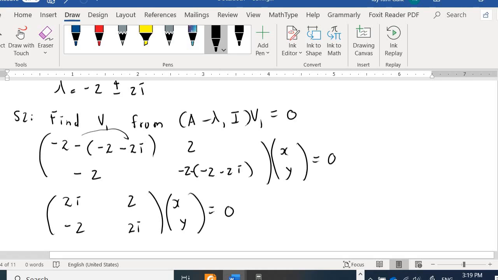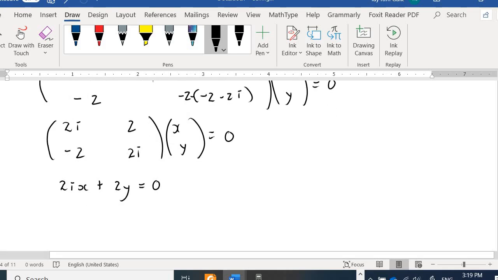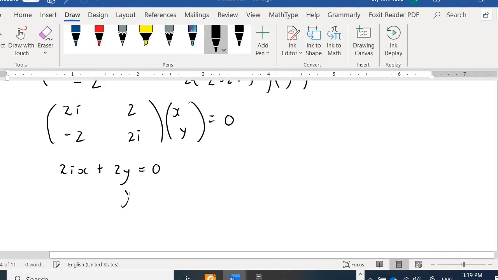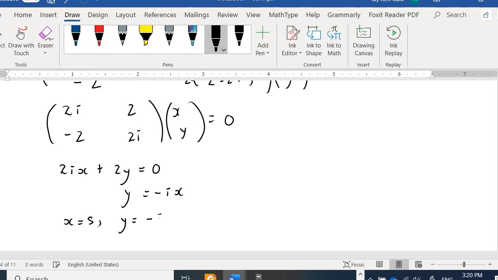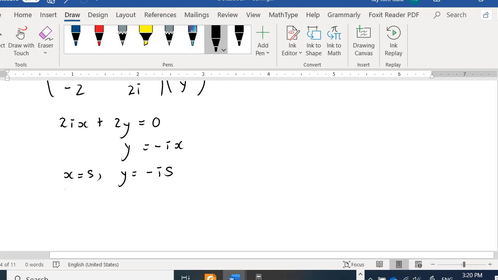Okay, and I said you can just use any row. Let's say we use the first row. So first row, you have 2i times x plus 2y equal to 0. Hence you get y is actually negative ix. So let your x equal to s, so y equal to negative is. So your x, y